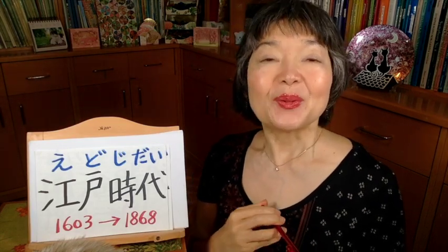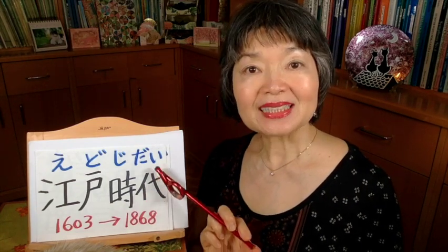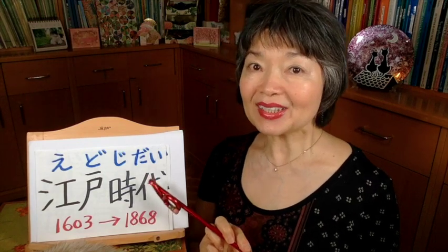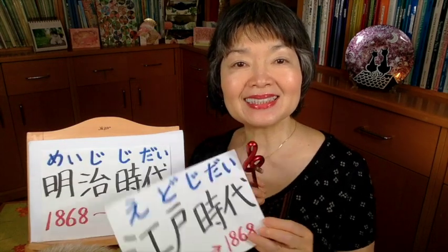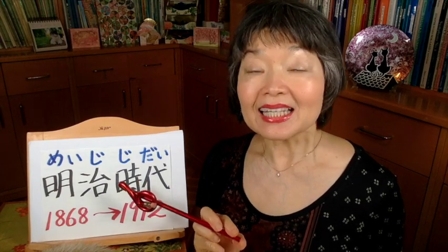Now let me explain the historical background. From the ancient era till the Edo period, that is till 1868, this was the samurai era. Till here, we only used hiki, piki, piki for the animals. 一匹、二匹、三匹、四匹、五匹, like this. But in the Meiji period from 1868, then Occidentalization, many foreign people came to Japan, and